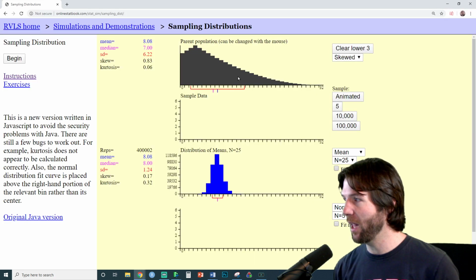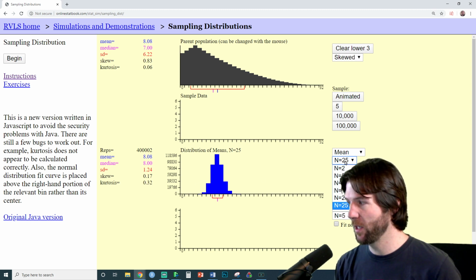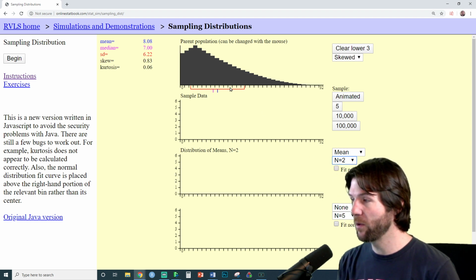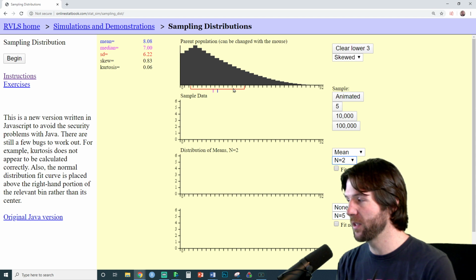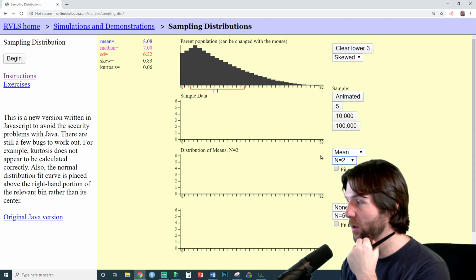Here is the black distribution. Here is the green distribution, which I've overlaid. So 125, 100, that is the sample size we need. So what if I only do a sample size of 2? With only a sample size of 2, will the distribution of the mean be nearly normal?